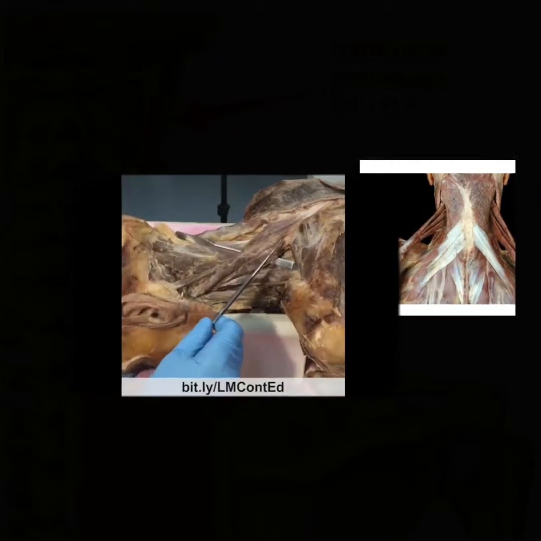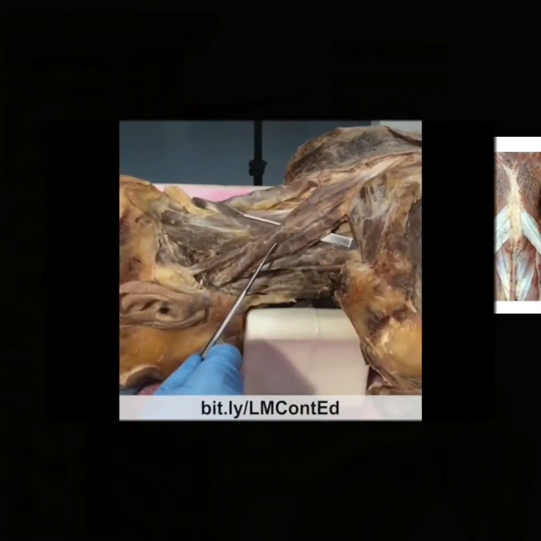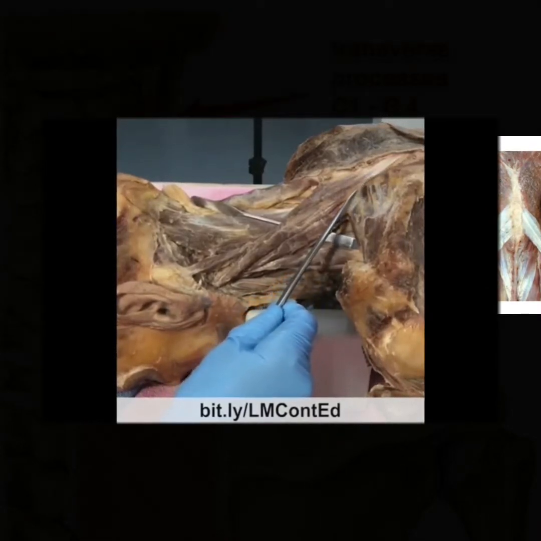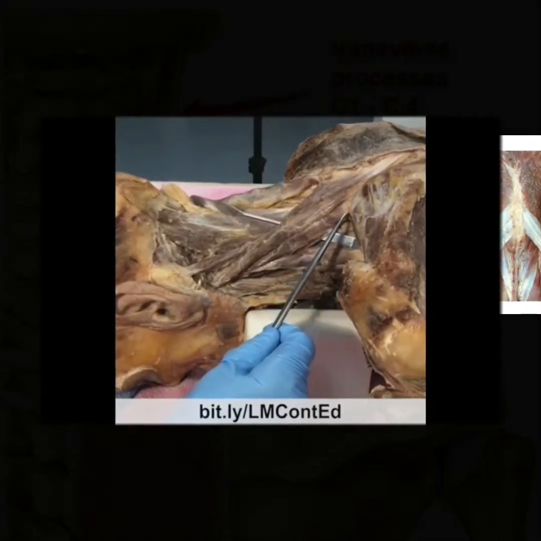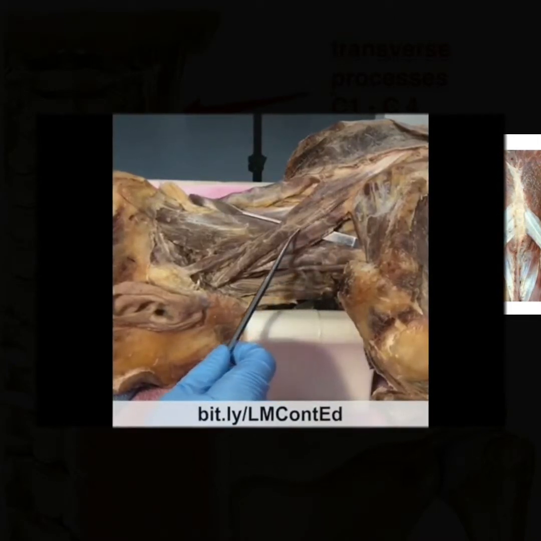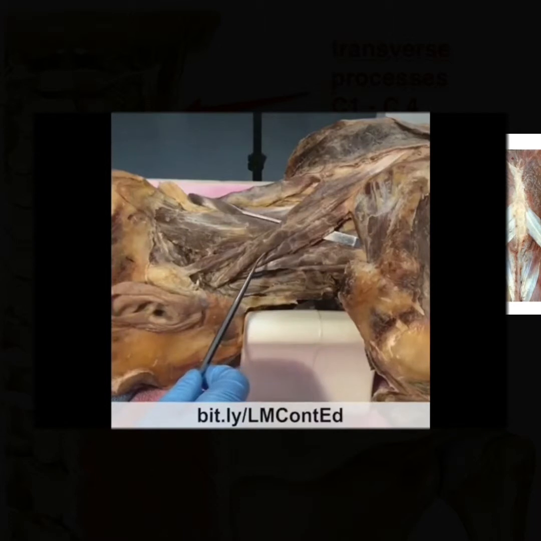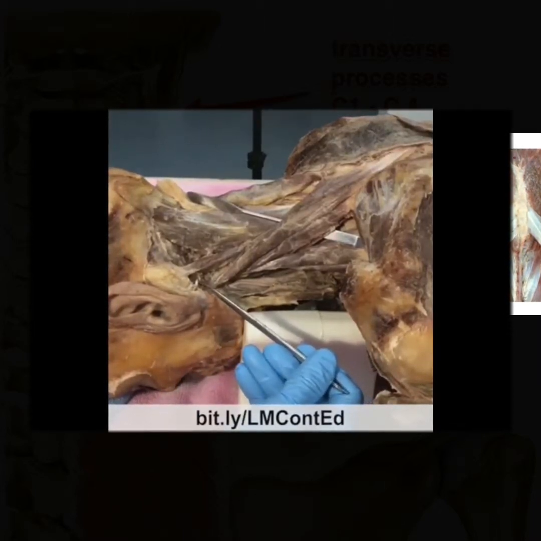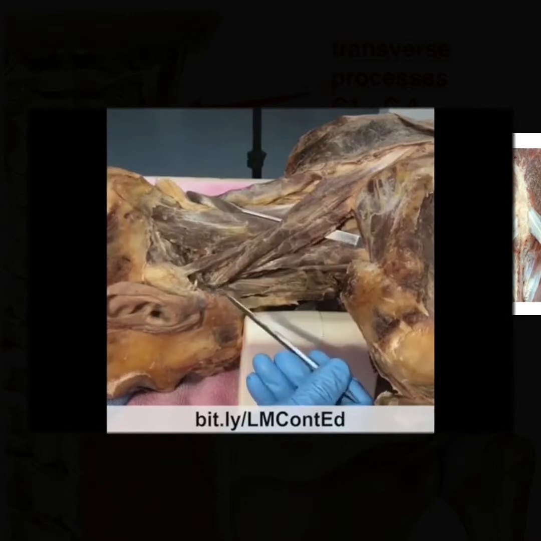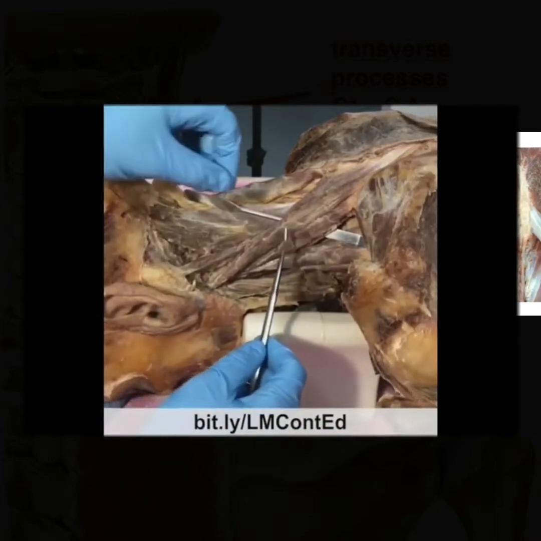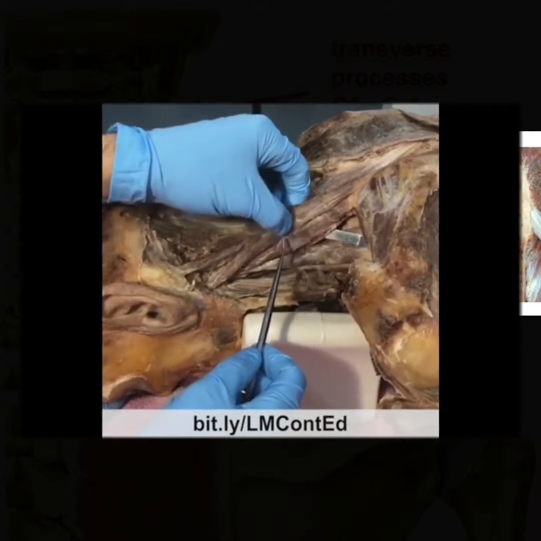We are looking at the levator scapulae muscle here, going from the medial border of the scapula up to the superior angle of the scapula. And from here, this muscle runs both superiorly and a bit laterally, and it's running over to transverse processes of the cervical spine. Now, it's usually said that there are 4 slips to the levator scapulae, but this particular individual